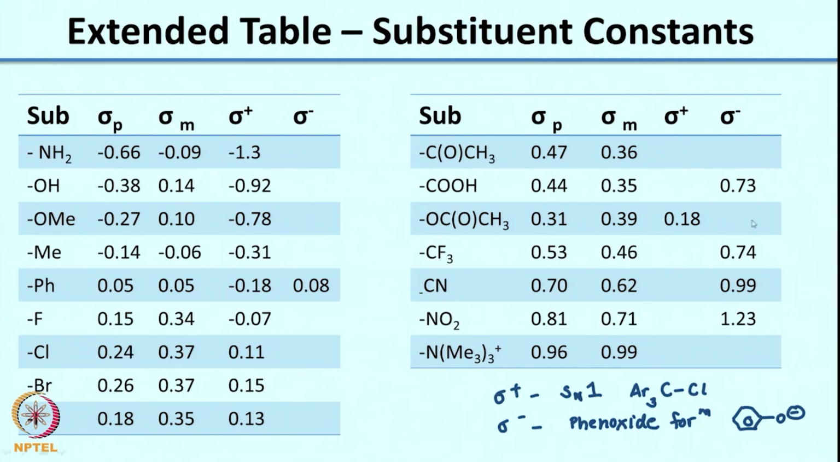So what you see is the sigma minus scale is very useful for electron withdrawing substituents which will stabilize the phenoxide via conjugation. Similarly, the sigma plus scale is very important for electron releasing groups which will stabilize the carbocation which is in conjugation with the aromatic ring. So now that we know multiple scales, we have looked at sigma scale which corresponds to benzoic acid dissociation, sigma plus scale which corresponds to the SN1 reaction, and sigma minus scale which corresponds to the phenoxide ion